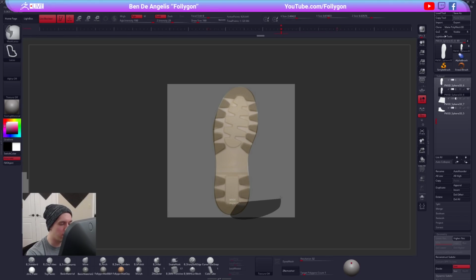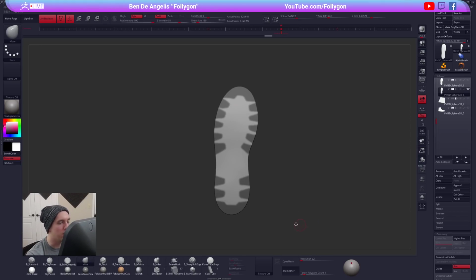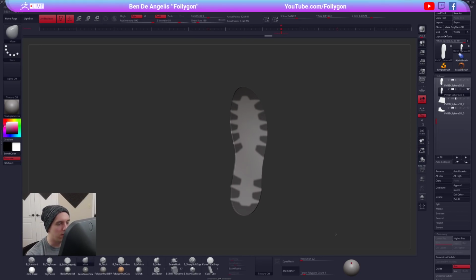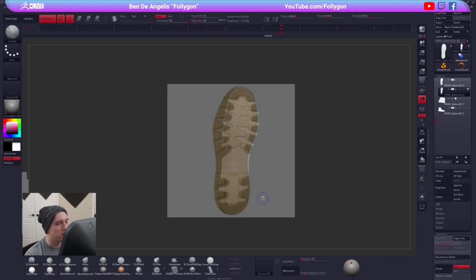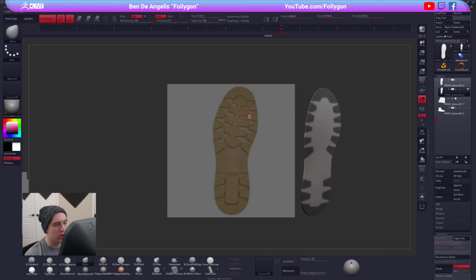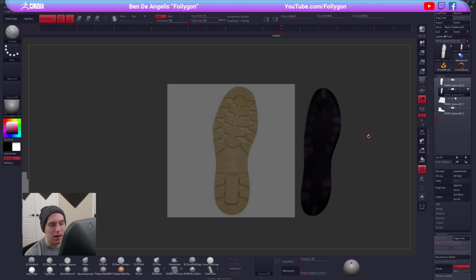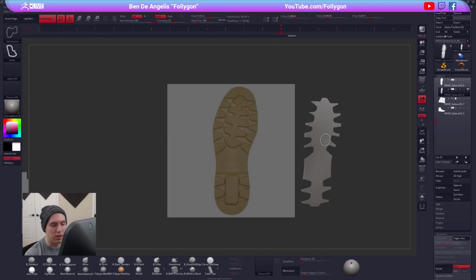Alright, so again, just trying to do this fairly quick. Get some of these shapes. This thing here in the middle we'll do in a sec, but let's start with this. So just so we can see the full process here. I have this basic shape, and now from here, for the bottom of our shoe, essentially this negative part is the part that I want to extract. So I'll inverse my mask, and this is the part of my topology that I want. Because what I want to do is take this geometry and push it up into the sole of my shoe and subtract it negatively. So I'll take this geometry that I have now,